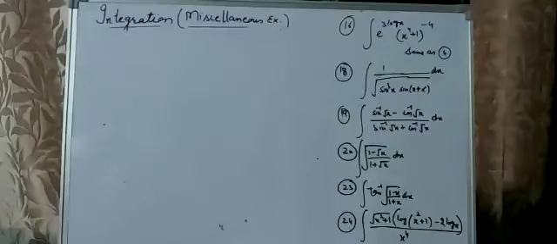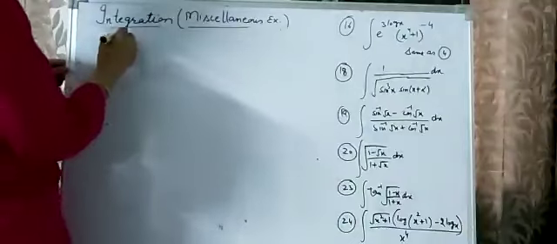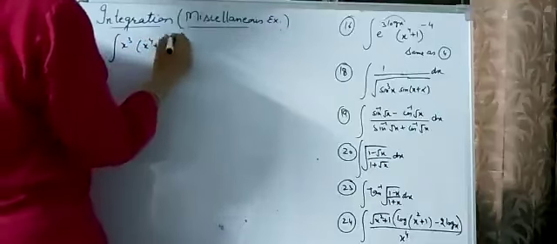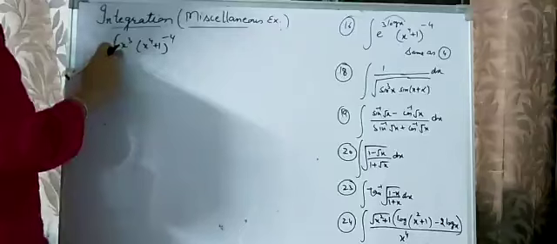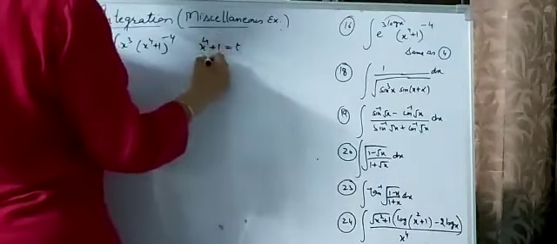Now look here, it's the 16th question. In this 16th question, again you can change the cube in the power. So this is changed into x cube times (x⁴ + 1) raised to power minus 4. Now we know that the derivative of x⁴ is in the form of x cube. So here we put x⁴ + 1 equal to t.